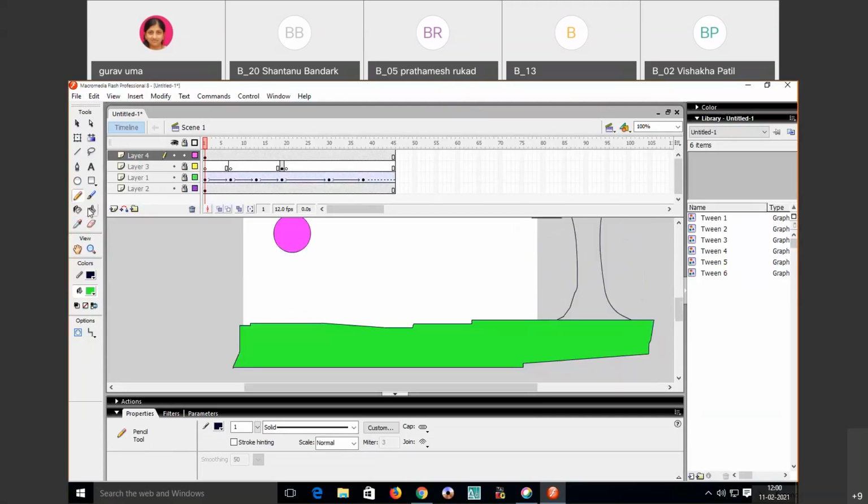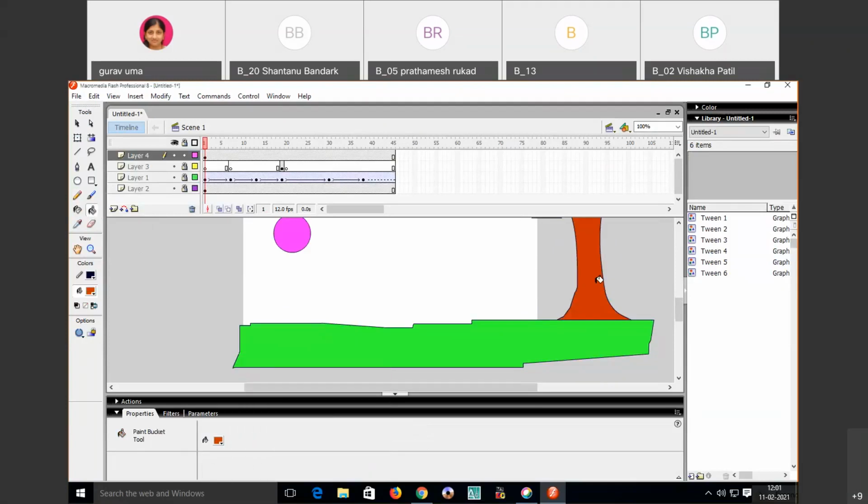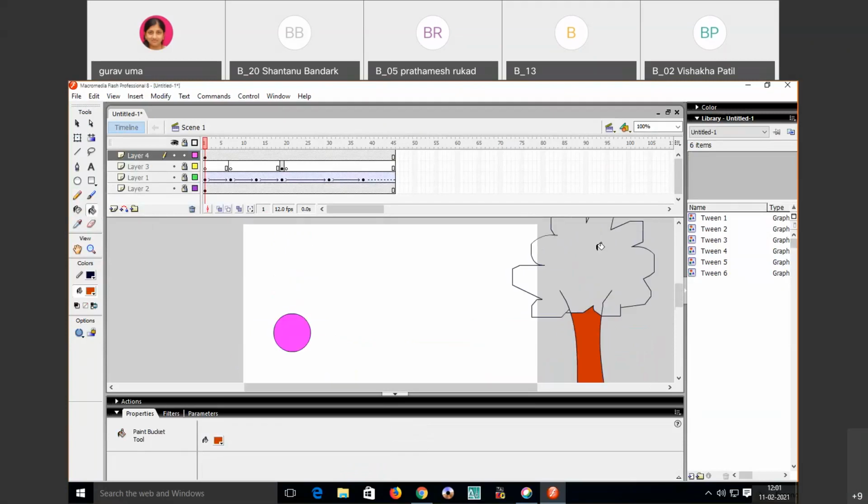Go to the paint bucket tool. In the downward option, you will select the color, whichever color you want. Select that color. And for the tree, I will give a green color.